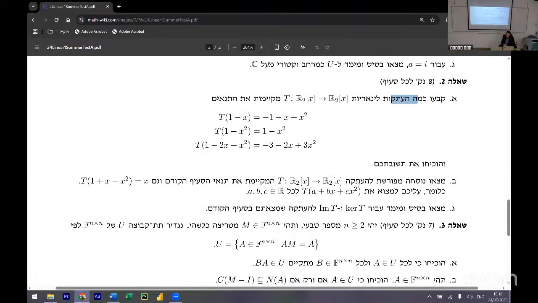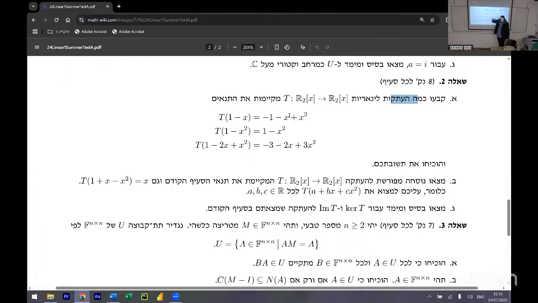What do you mean? It's the question of how many linear transformations exist, saying T of V1 is this, T of V2 is this, T of V3 is this. And the idea is always, and one must know it, that you see whether there is a linear dependence between these three.